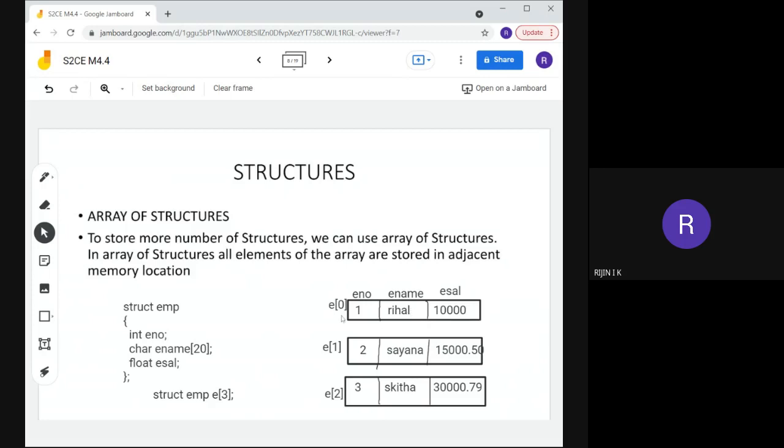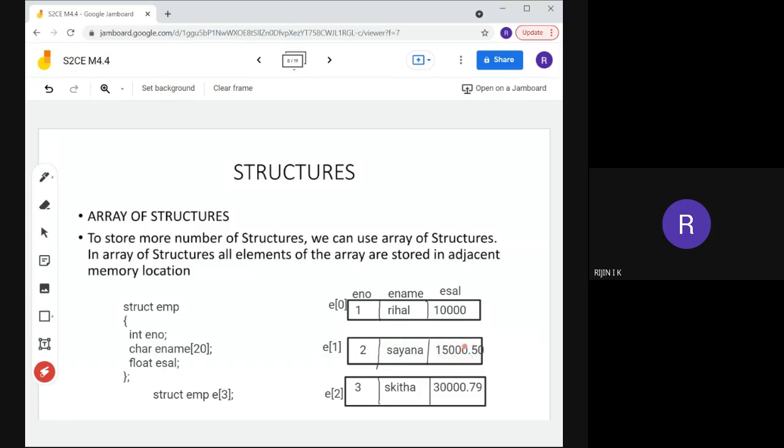Then if you write e of 0 dot esal, you will get the salary of the first employee. Likewise if you write e of 1 dot enum, you will get the employee number of the second employee, that is 2. Then similarly e of 1 dot ename, you will get the name of the second employee. Likewise e of 1 dot esal, you will get the salary of the second employee.